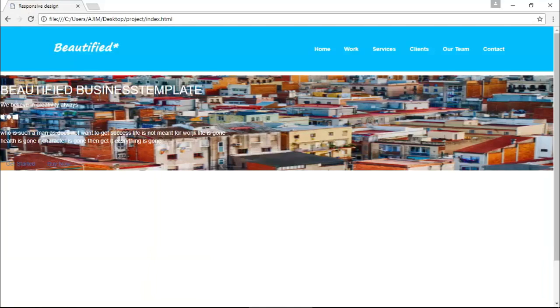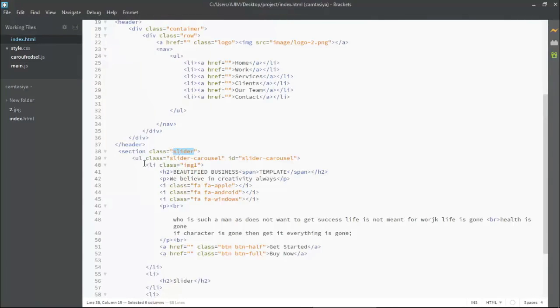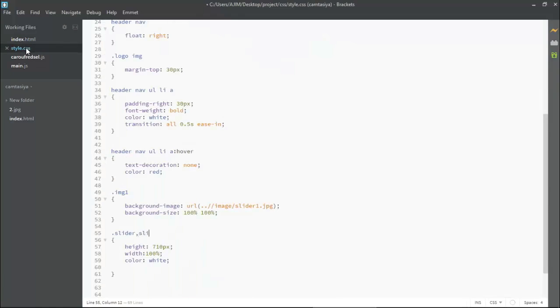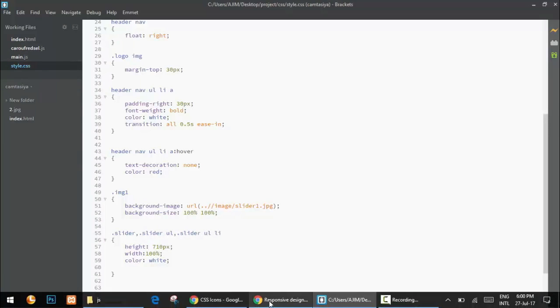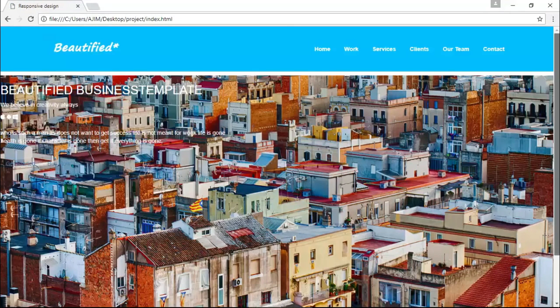You can see it is still coming like this. Why are we getting something like this? Because I didn't create any extra properties for the UL. So I'm coming here, and this time I'll be styling slider UL, and after this slider UL li. On the style.css I'm mentioning slider UL, again separating it, and again putting a dot and then slider UL li. Here you can see I missed one thing: slider UL is a class, so it will contain a dot. Now let me save it and show you. I'm refreshing it. Yep, you can see it's looking cool, isn't it?